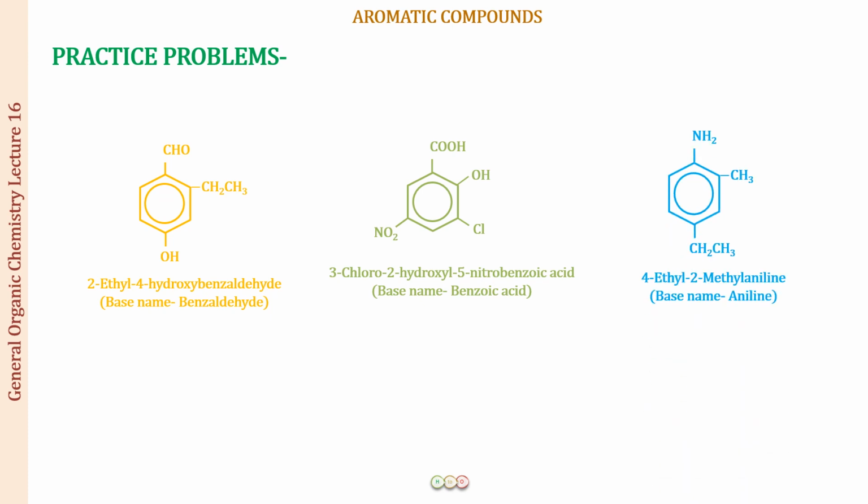The next structure, well, this is an NH2. So NH2 containing benzene is called aniline. So the base name is going to be aniline. These names you have to learn. This is what you have to learn even in class 11. The difficult ones you will be learning later on. Do not worry about them. So this is going to be carbon number 1, carbon number 2, 3 and 4. So this becomes 4 ethyl 2 methyl aniline.